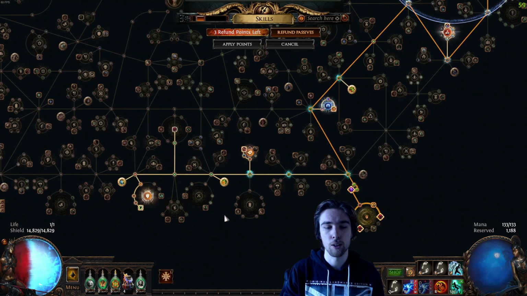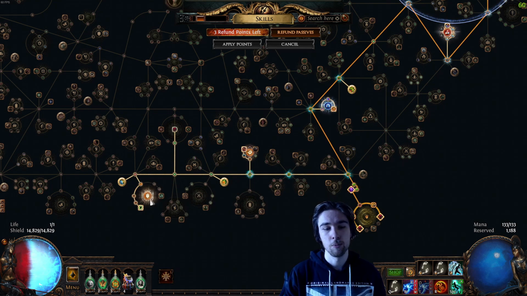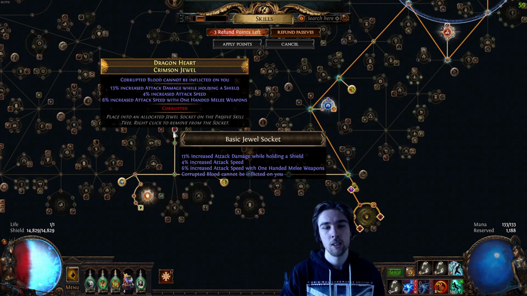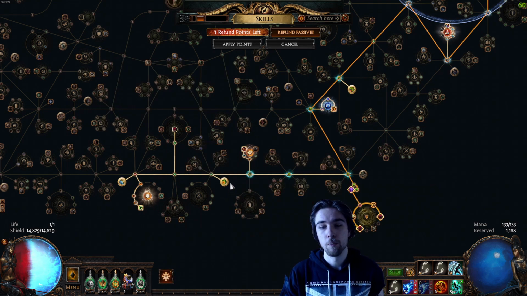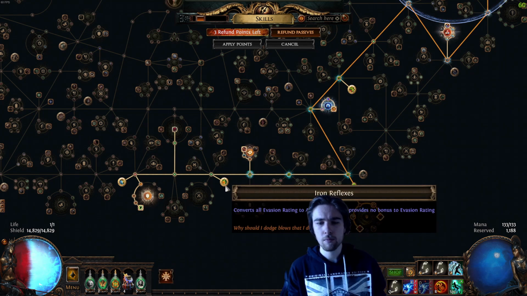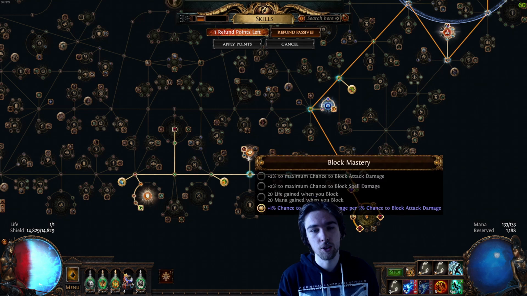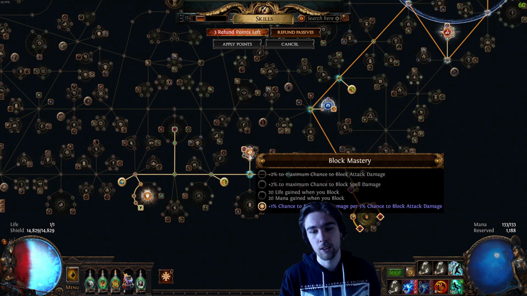So we are going block-based route with an Aegis Aurora. So we are running Versatile Combatant to get that spell block up there. Take some of the shield nodes. Then of course the blood immunity, very important. We take Iron Reflexes. We do this so that we can transform our evasion rating into armor, so that we get more energy shield back from our Aegis, some more shield nodes as well,